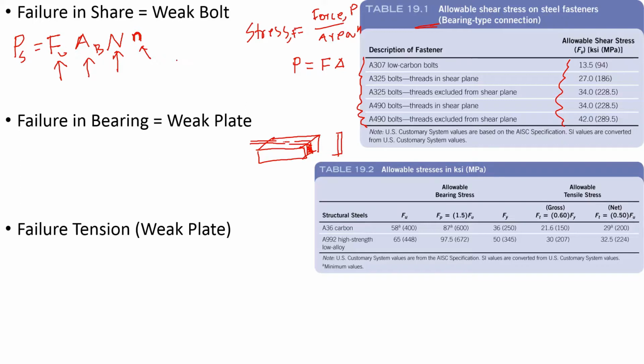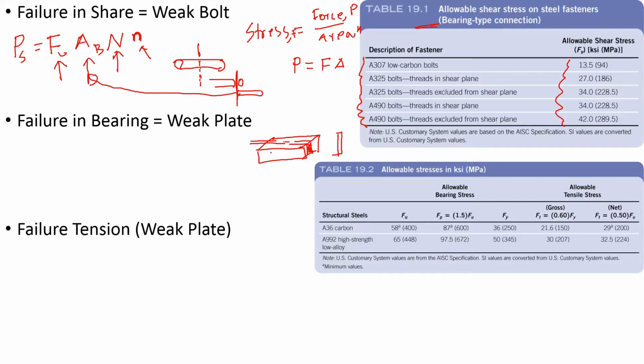In this case, let's say this is the bolt, it was cut from here, so the plate was cut off, something like this, just cut off here. So that's why you use the bolt cross section area in the shear case, but in this case we're going to use this projected